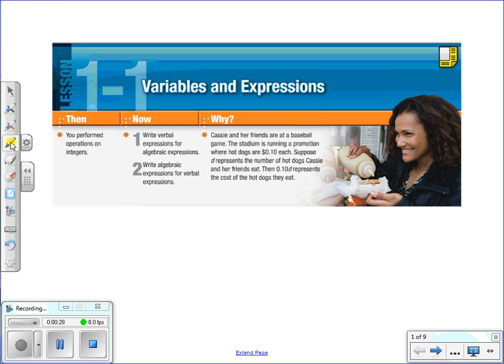Okay, we're going to talk about changing verbal expressions into algebraic expressions, and we're going to take algebraic expressions and change them into verbal expressions. So we're going to go both ways. What does that mean? That means we are going to,